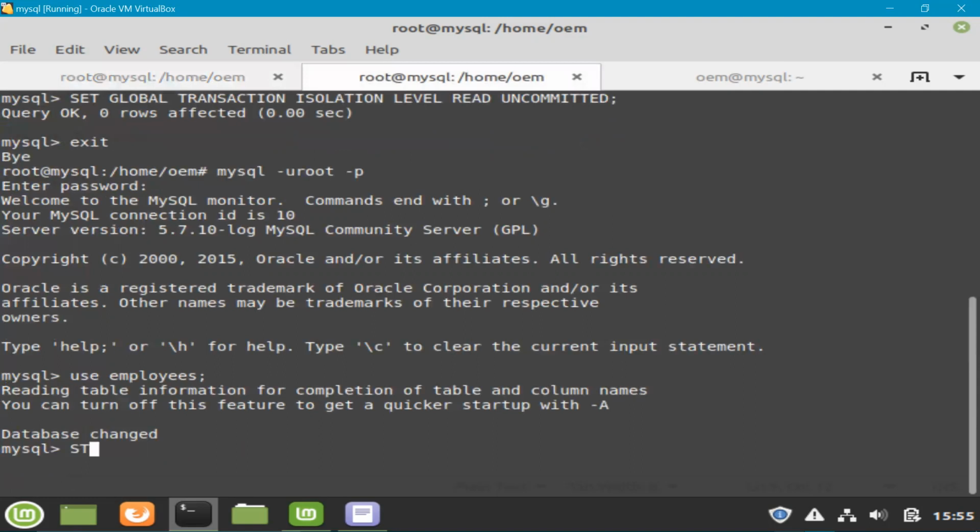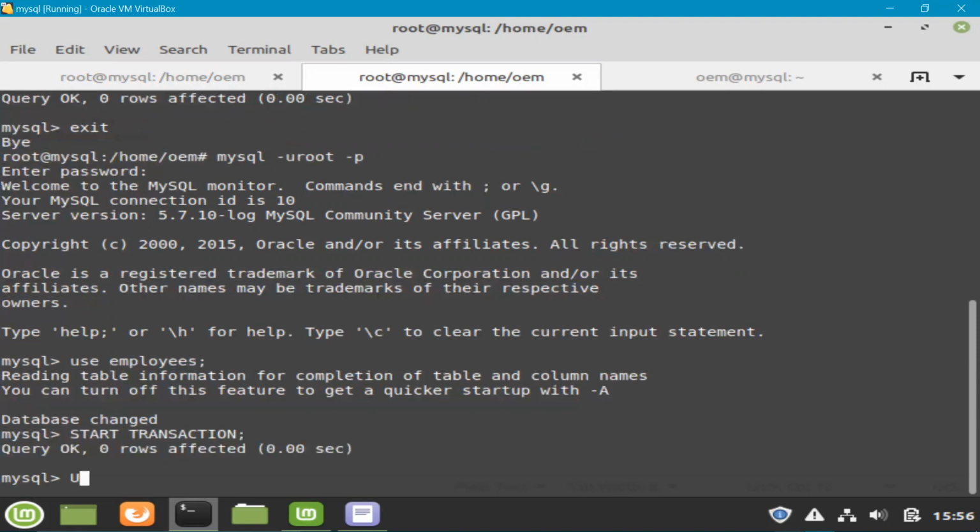Now I will start another transaction here, and I will update the test table and set the value to MJU, some random value, where ID is equal to 5.